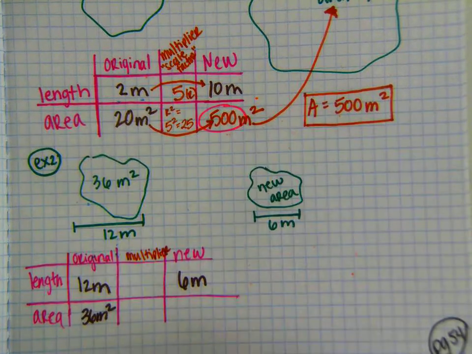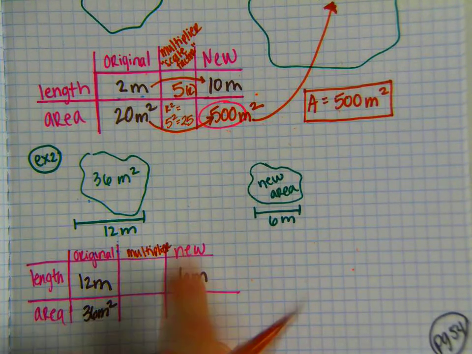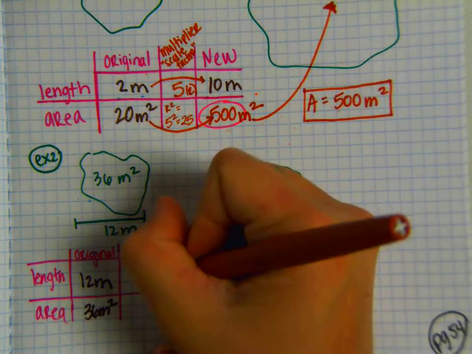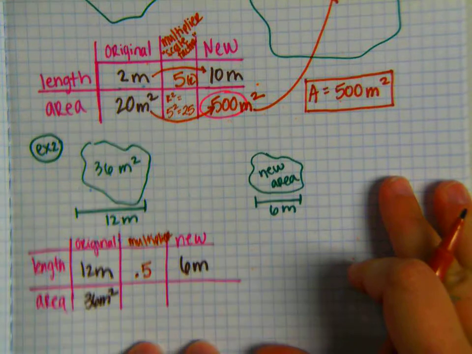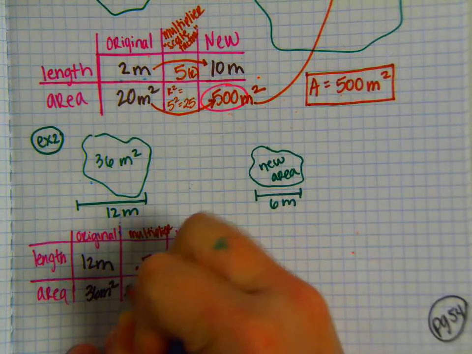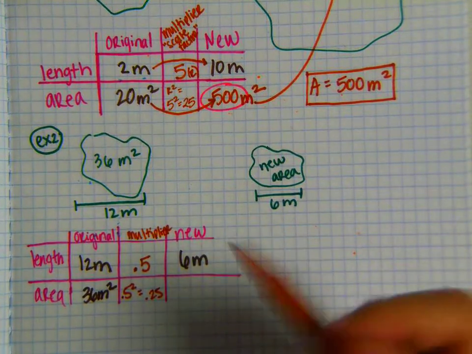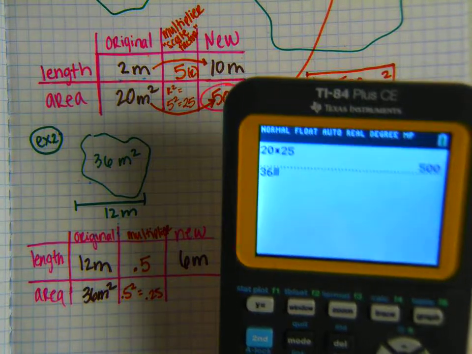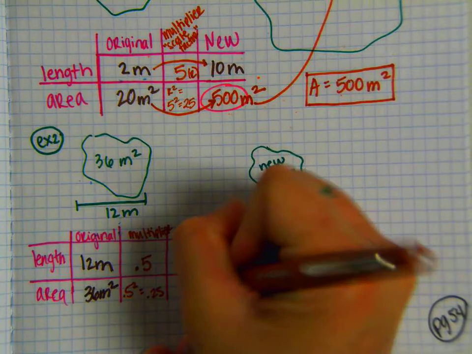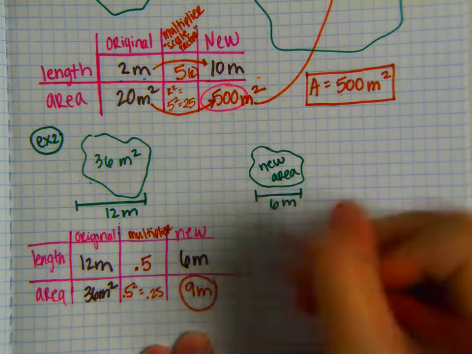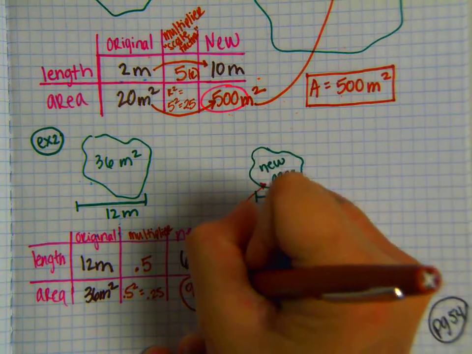Okay, so we need to figure out 12 times what gives us 6. Well, 12 times 0.5 would give us 6. So this is going to be 0.5 squared, or 0.25. So when we multiply 36 times 0.25, we get 9. And that right there is our new area. So I would say area equals